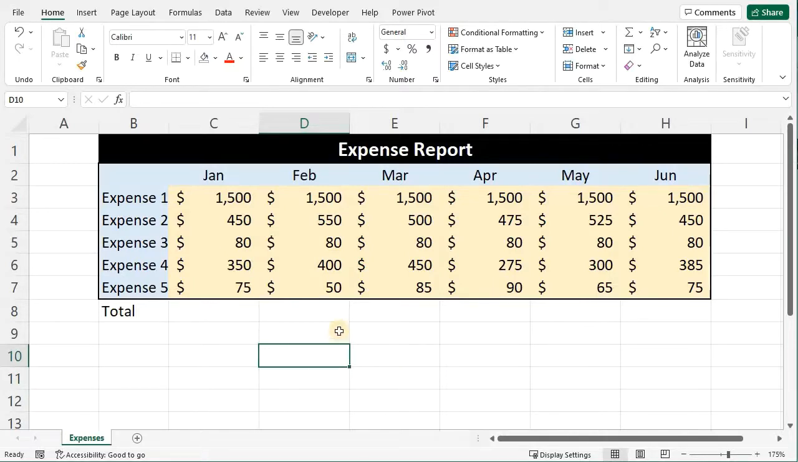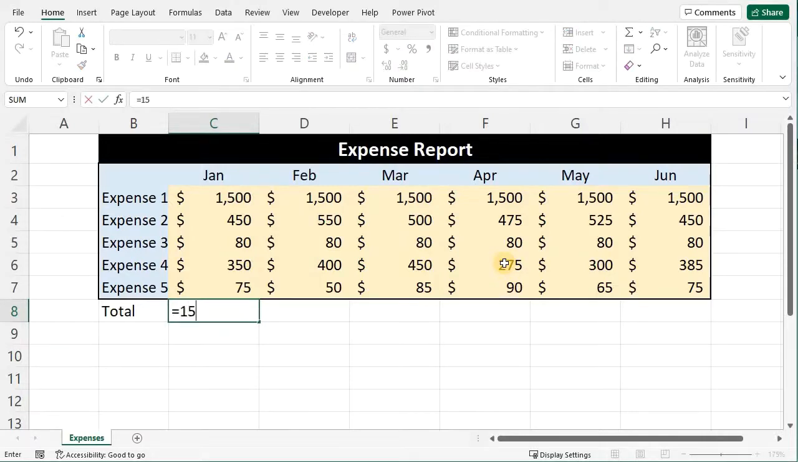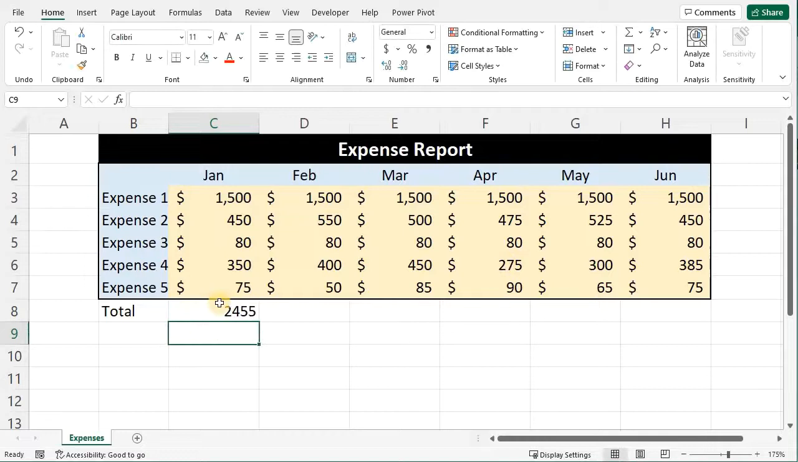Okay, so now let's say that I want to do the totals of this expense report that I made in part 1 of the video. So the January total. Okay, so I am showing you the wrong way to do the formula. The wrong way would be to say equals 1500 plus 450 plus 80 plus 350 plus 75. And then when I press enter, it calculates it. Okay, so now that gives me the correct result, but that would be the wrong way to do the formula,